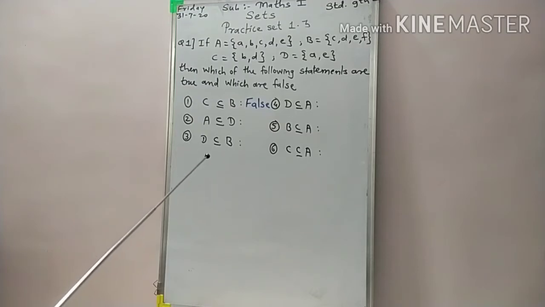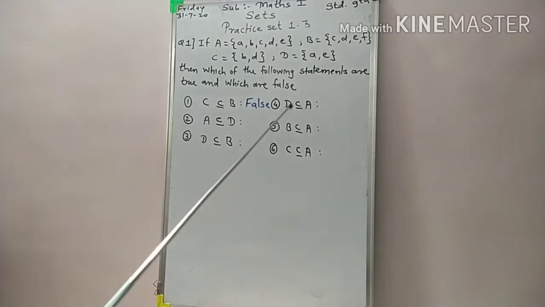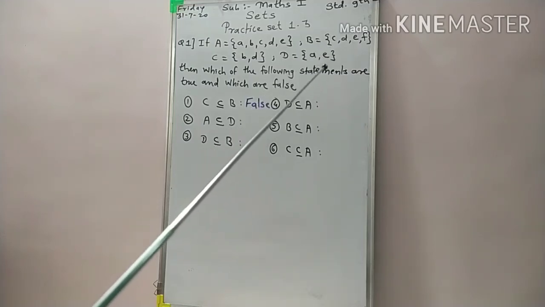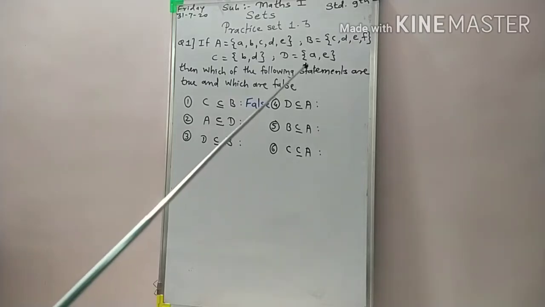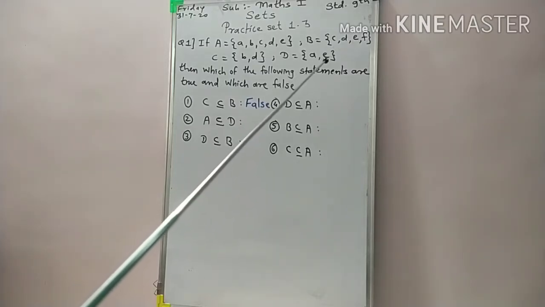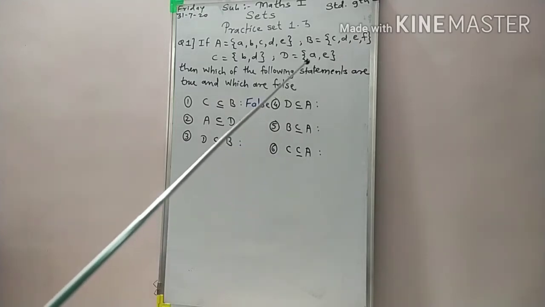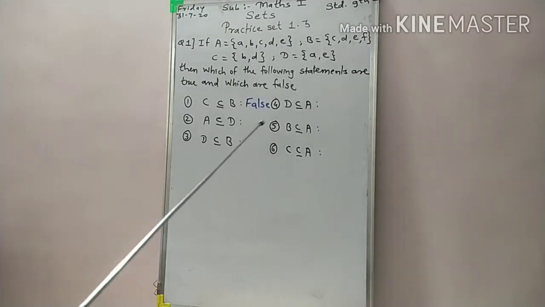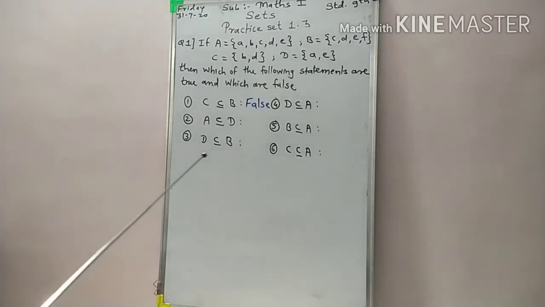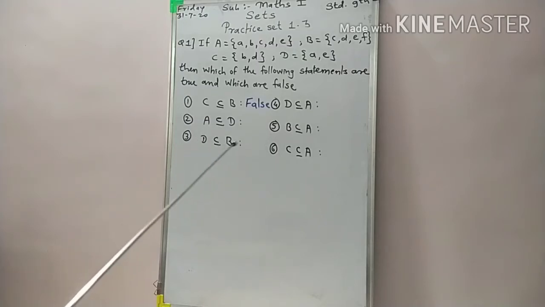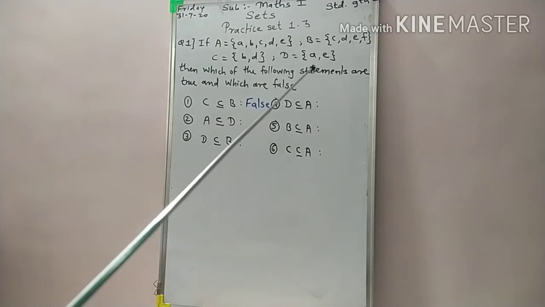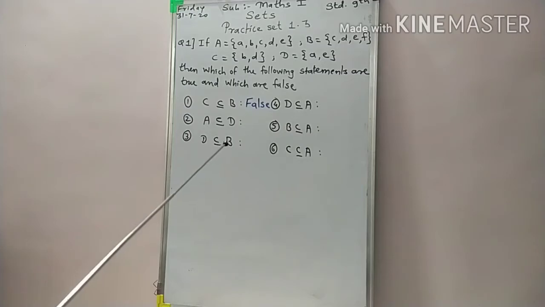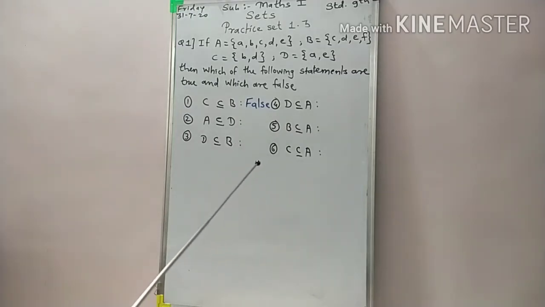Now for the third statement, D is a subset of B. D has 2 elements, A and E. Are these 2 elements in B? As we observe here, E is in B, but the small letter A is not in set B. So again here we say D is not a subset of B. This statement is false because each element of set D is not in set B. So the statement D is a subset of set B is false.